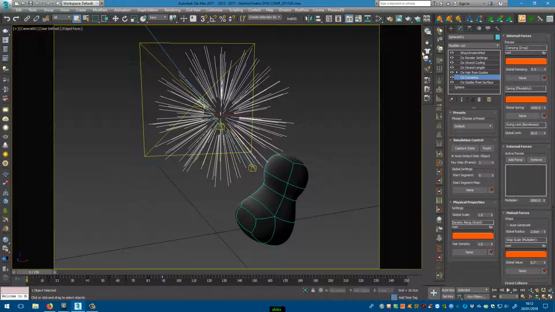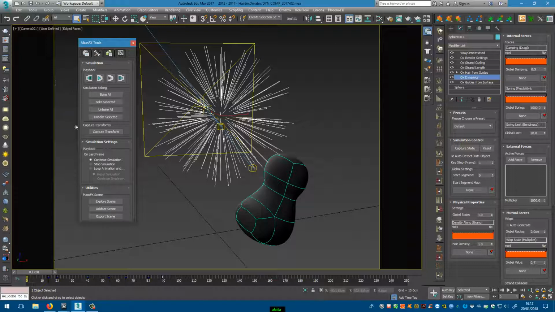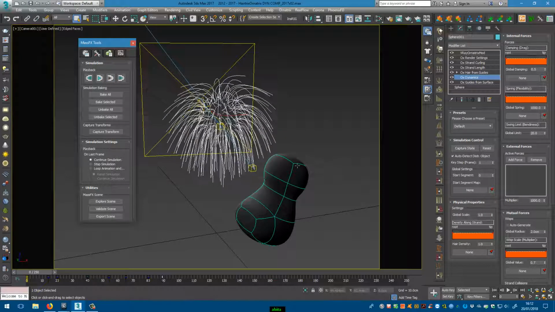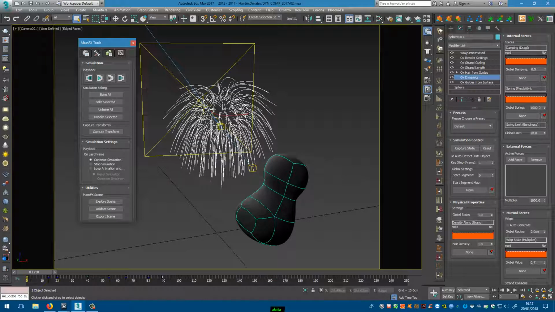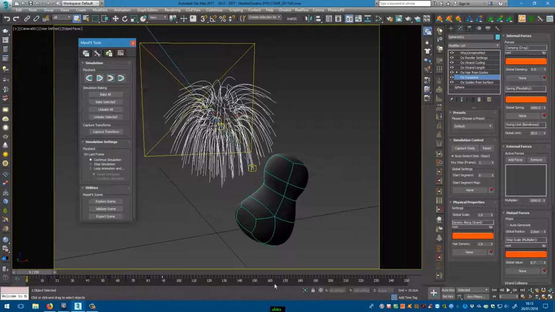If I want to do a simulation, I need to open MassFx, and you see the gravity is the standard gravity in MassFx. And if I try to simulate even without the animation, hair is falling down and colliding on each other, and it's jumping all over the place. So I stop the simulation,